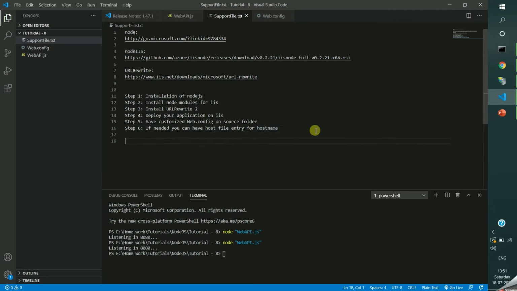What will happen if I host in IIS? This IIS will have a link with Node.js. On top of IIS you will host your application, and this application has a unique URL.